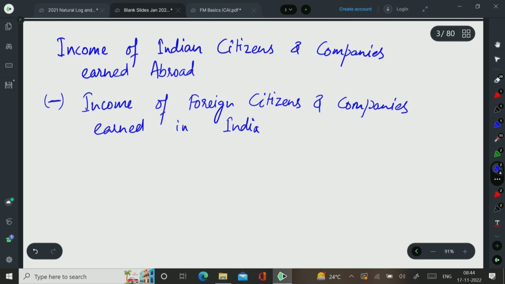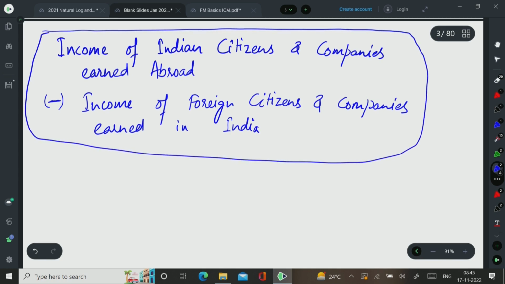Because I am talking about India as a nation, when we compute this whole thing,